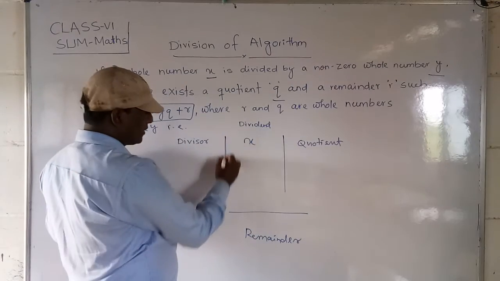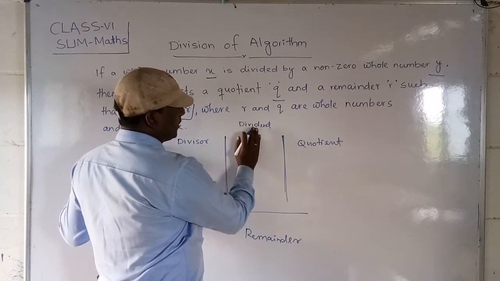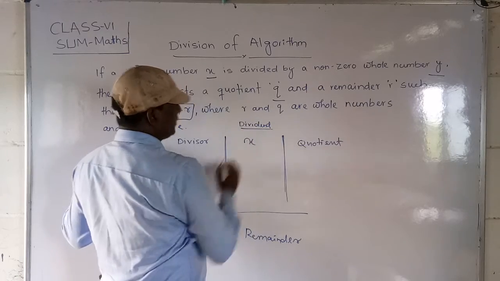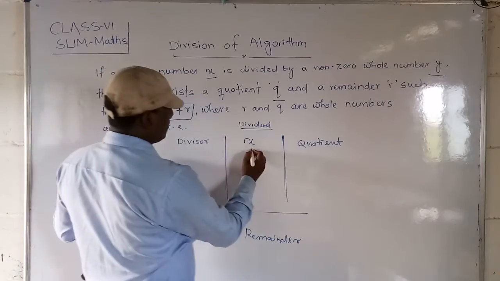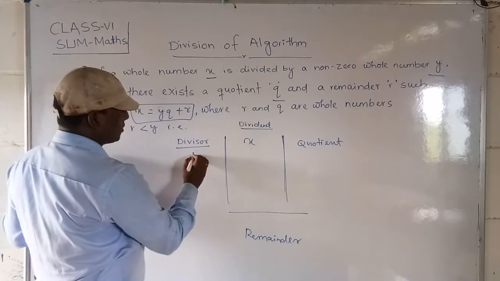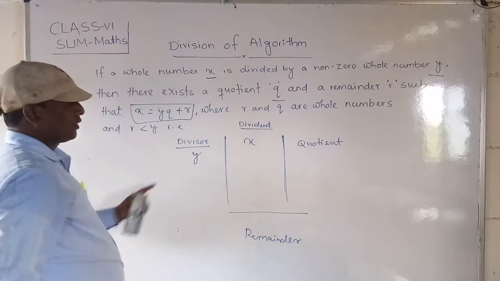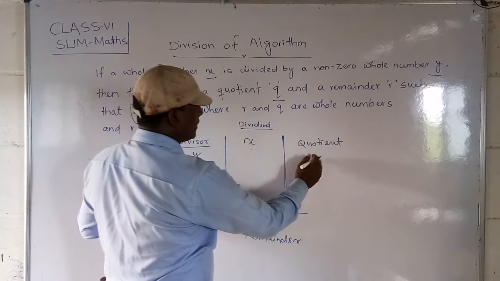So first, you make two lines like this. This middle part is called the dividend. That means here the dividend is x, so I have written x. And in this part, y, by which x is divided, is the divisor, so we write it here. When dividing x by y, you should write the quotient on the right side.